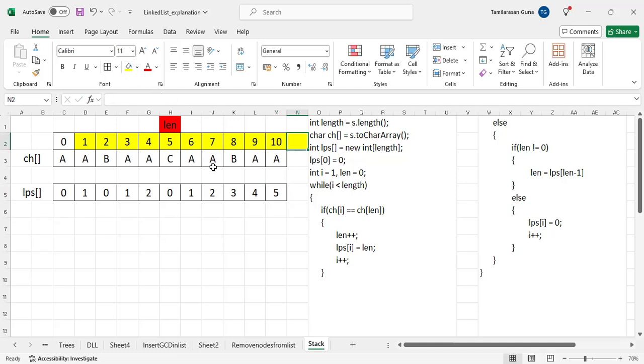Now the condition becomes false. Why is the condition becoming false? Because I value is 11. 11 less than 11, condition becomes false. I'll come out of the loop. So this is how I'll be calculating the longest prefix and suffix length. So here in the given string, the length of the longest prefix and suffix is 5, which is AA, BAA, AA, BAA. So in the program, what they have asked is,